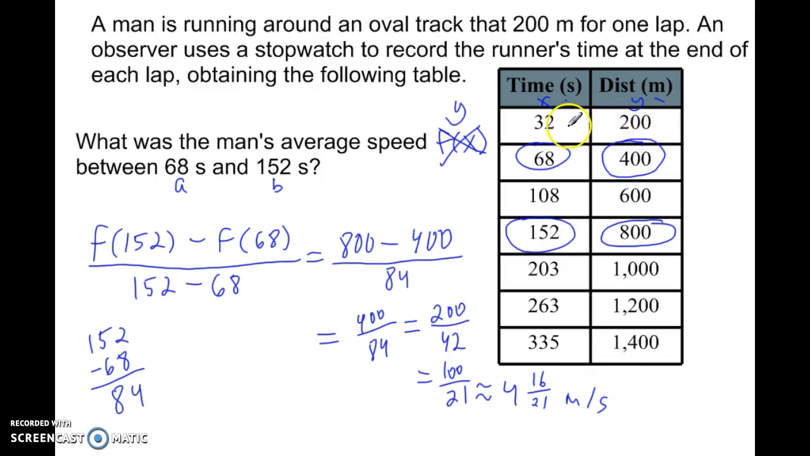When he starts out, in 32 seconds he went 200. But in the next 32 seconds, that would be 64. Yeah, he got a little slower as he's going. I think that trend continues as he keeps going. He gets a little slower and slower and slower as he keeps running,